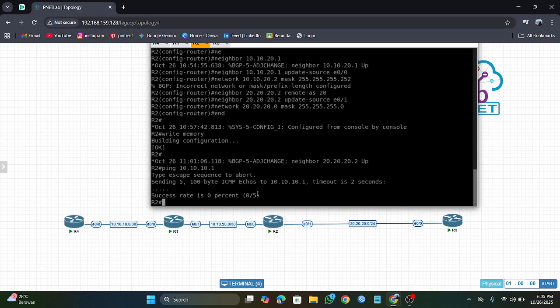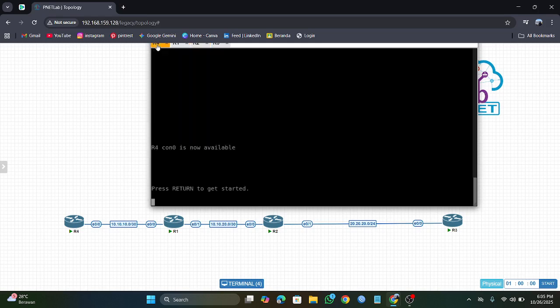Okay, next, try moving to router 4 to check the BGP table here. This is still level 1, so move to level 2 first.